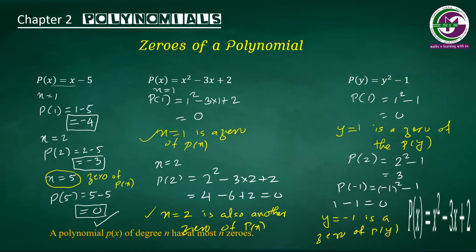For linear polynomials, you can find only one 0. Maximum number of 0 is 1. For a quadratic polynomial, that is degree 2, the highest number of zeros present is 2. And when the degree is 3, that is for a cubic polynomial, the maximum number of zeros present will be 3. You won't get 4 zeros. You may get 3, you may get 1. And when the degree is 4, the maximum number of zeros will be 4. If the degree is n, there will be maximum n zeros present in the polynomial.